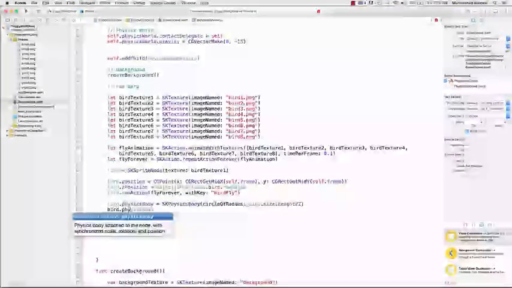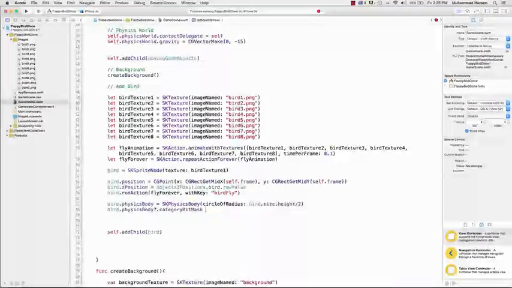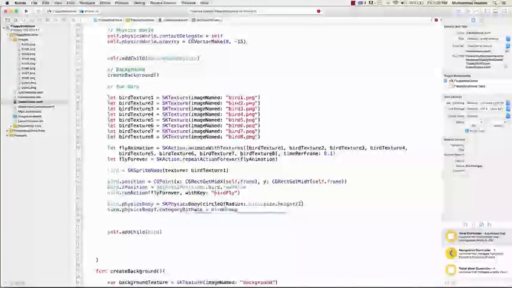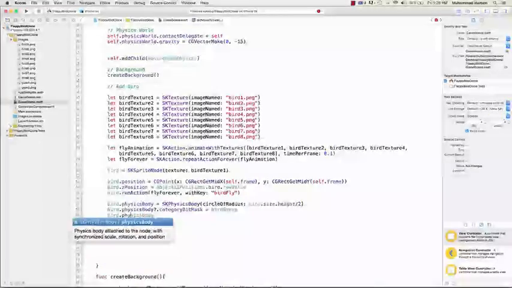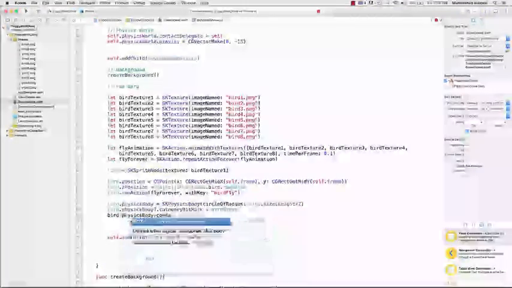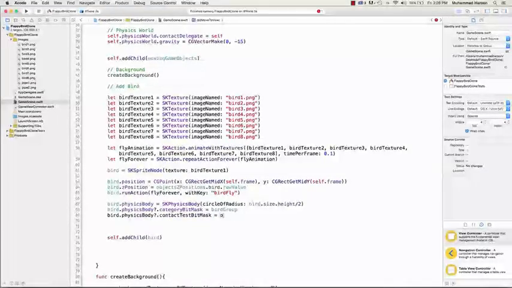Then bird.physicsBody.categoryBitMask, and that's going to be birdGroup. Then bird.physicsBody.contactTestBitMask. So we need to track the contacts with the openings